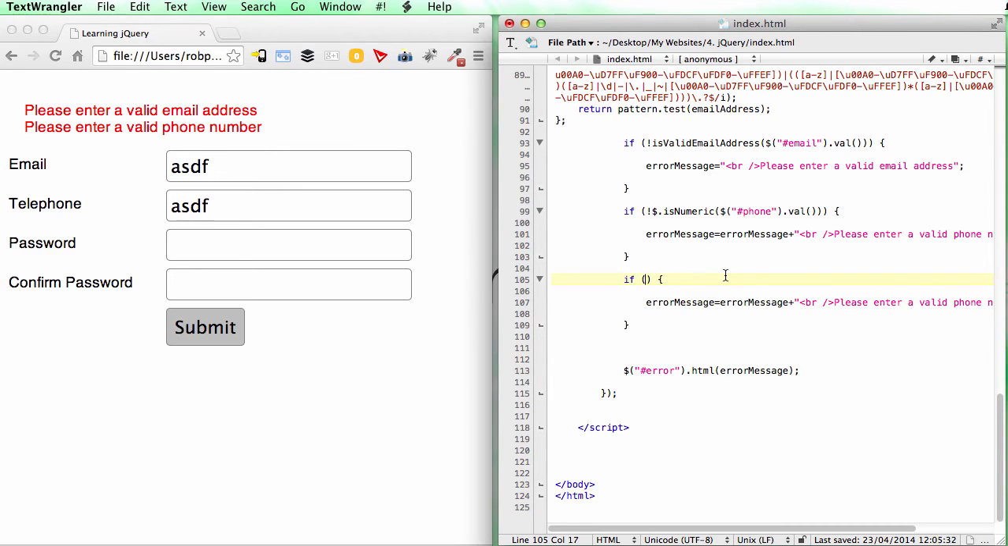Great, and what we want to know is whether the value of pass1 is different to the value of pass2. Let's put the vowels in there, and let's put that in the right place as well. So this essentially says, if the value of pass1 is not equal to, put some spaces in there to spread that out a little bit,